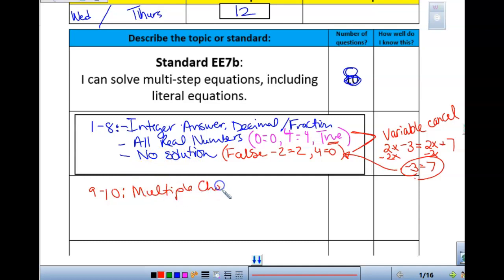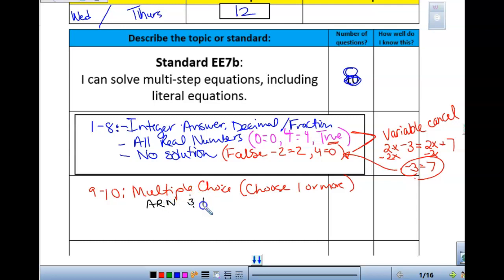And when I think of that multiple choice, you can actually choose more than one, okay? So you might be able to choose 2 of the A, B, or C. You could choose 1 or more. And when you're choosing that, this is again going to be all about the all real numbers